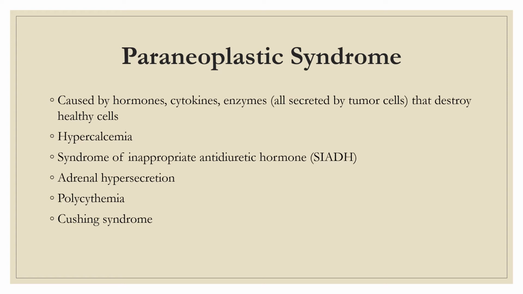There's polycythemia. That is an increase in the number of red blood cells in the body, and it causes the blood to be thicker, which in turn can cause clots. There's also Cushing's syndrome. That is responsible for high cortisol levels. You'll see patients typically tend to gain a lot of weight. They have a moon face and they gain a lot of weight in the abdominal region.